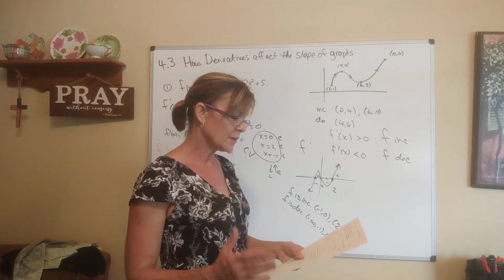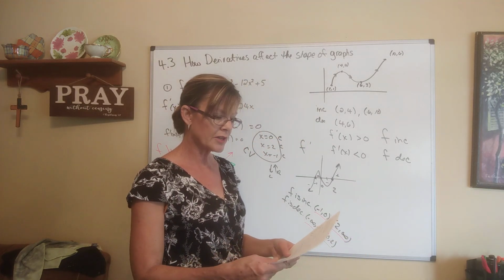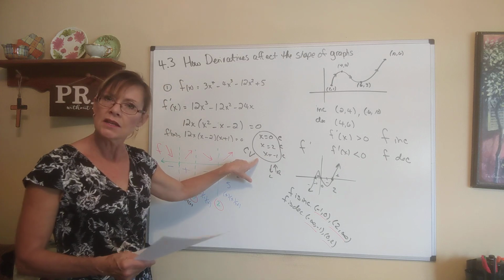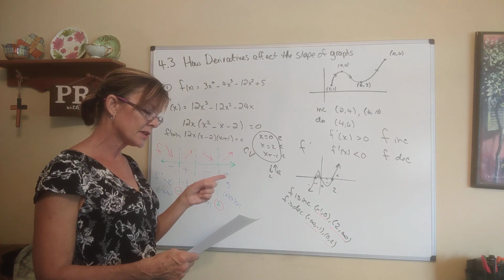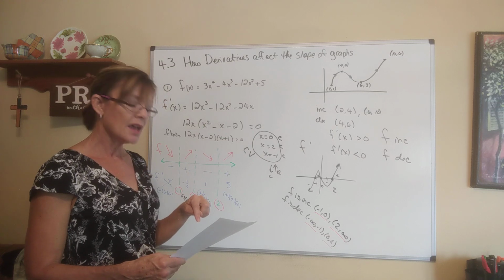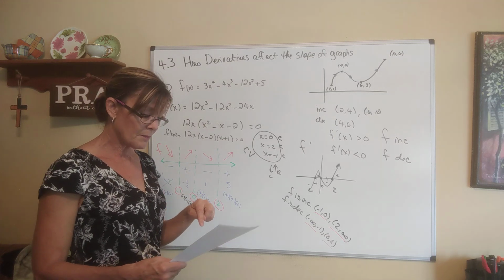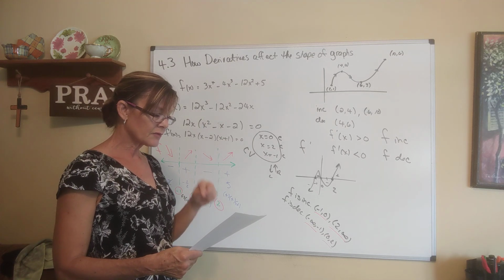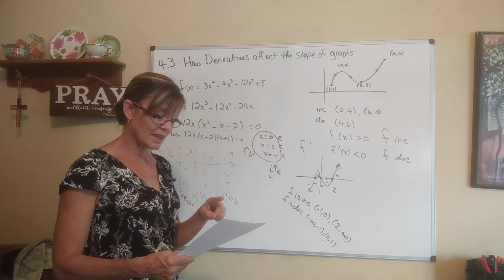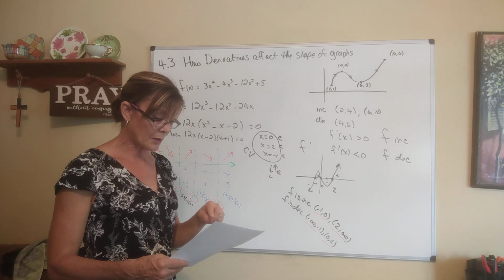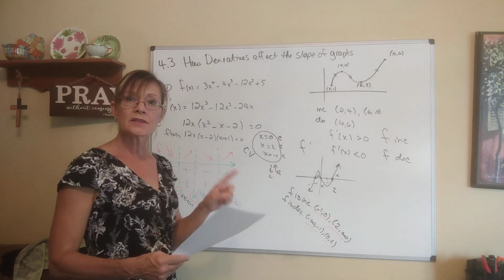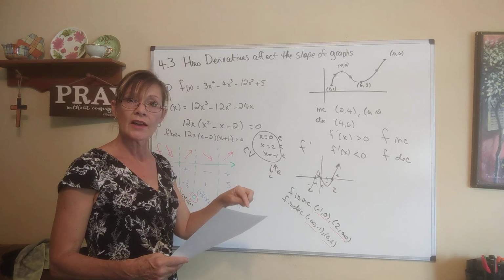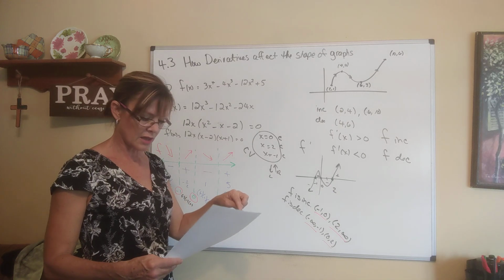It says this: suppose c is a critical number of a continuous function. These were critical numbers. If f prime changes from positive to negative at c, then f has a local maximum. If f prime changes from negative to positive at c, then there's a local minimum. If it doesn't change, like positive, positive, or negative, negative at some critical value, then there's not a local max